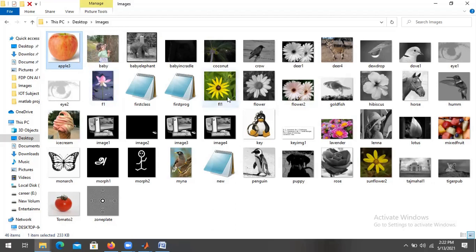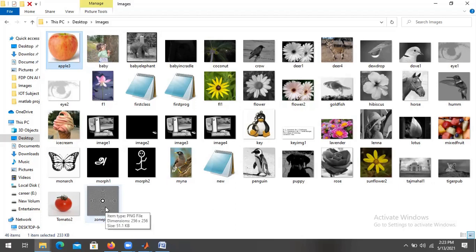Generally you will have different types. This is BMP. This is JPG. The dolphin pic is a JPG image file. If I take this flower, this is also a JPG image file. You can see a few are of different types. This is BMP.